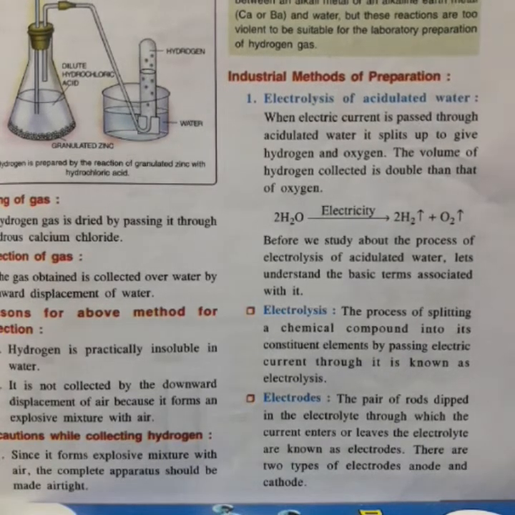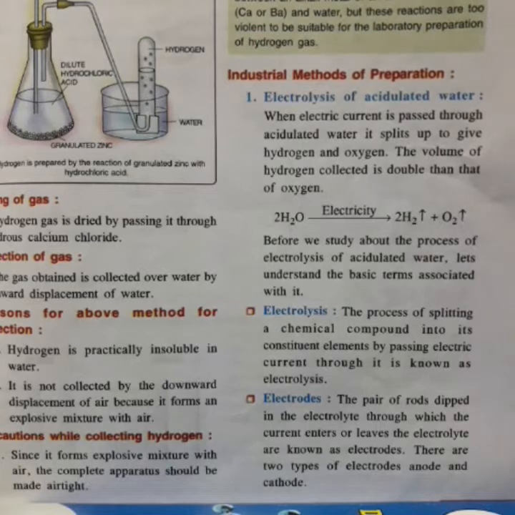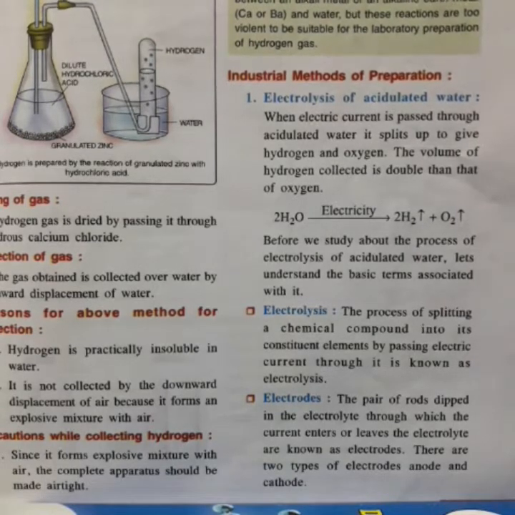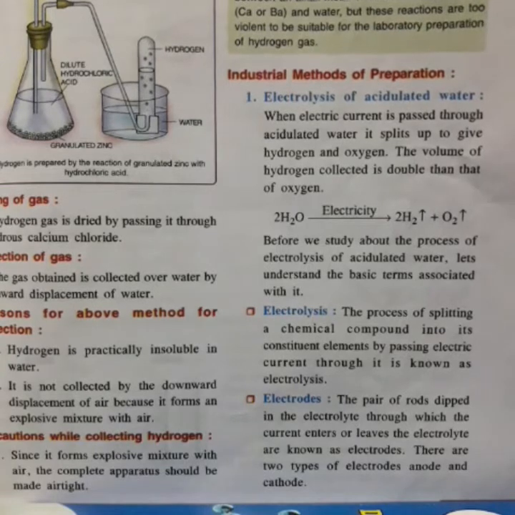Second reason, it is porous in nature, whereas pure zinc is non-porous and its reaction with acid is slow. So that is why granulated zinc is preferred. Okay, then why is nitric acid not used, not even in dilute form? Because it is a very strong oxidizing agent and it will oxidize hydrogen to water. That is why we cannot use dilute nitric acid or concentrated nitric acid.